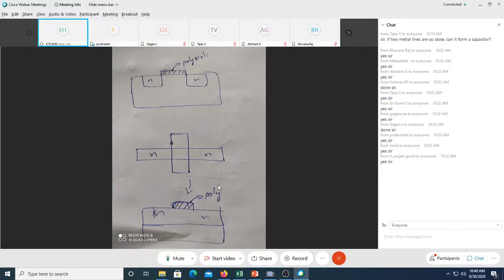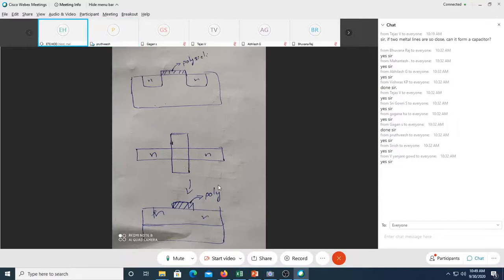Sir, in that, in a MOSFET, there is a gap between N and N. But when we create that transistor, we just keep a long polysilicon, just dope from here to there as N, and then we keep polysilicon vertically. But if we see the third figure, sir, there is no gap between N and N.